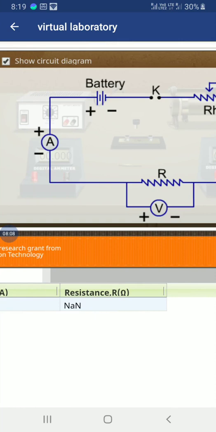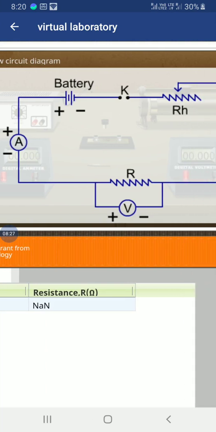Why do we connect the voltmeter in parallel and the ammeter in series? It's very simple. A voltmeter has a very high resistance. So if you connect the voltmeter in series like an ammeter, it will consume a part of the battery power. So we will not connect the voltmeter in series. And more than that, a voltmeter is a device to measure the potential difference. So in order to measure the potential difference, we need to connect the voltmeter always at two different points. So we will connect the voltmeter across the resistor.